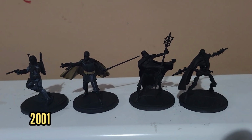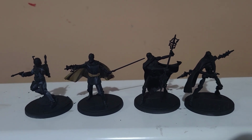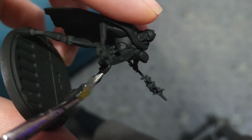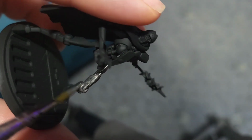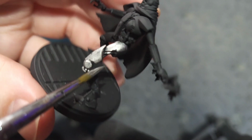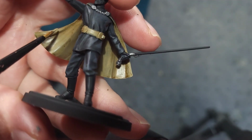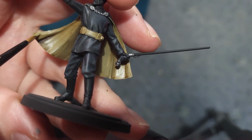Today is 2001, and I'm going to continue work on this Shatterpoint group. I start things off by painting the metallic areas, because I need to get that out of the way first. It's going to take a wash, it'll take a little while to dry. So then I moved to Count Dooku and continued work on his cape, getting that out of the way, until